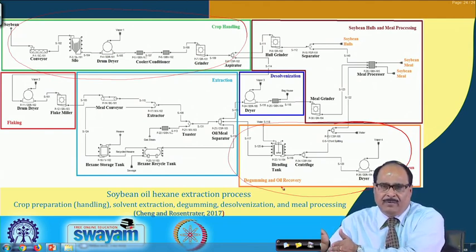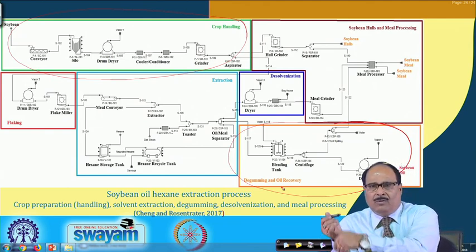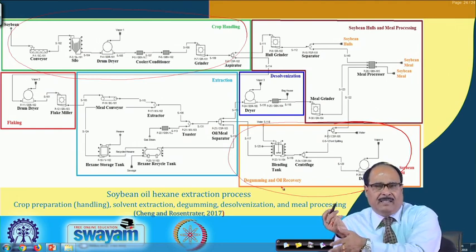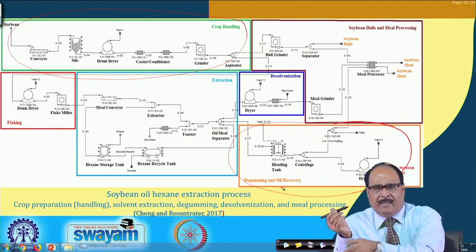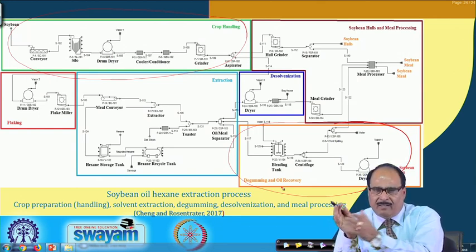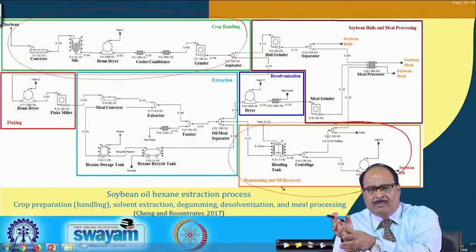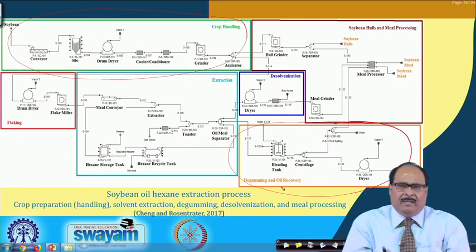through refining, where it is subjected to various other treatments like acid degumming, chemical refining or physical refining, deodorization, bleaching, etc. Finally, any type of impurities which might be present in the oil are completely removed during the refining step, and purely triglyceride is obtained. That is the objective of refining. Of course, details of the refining process and its steps, how it is carried out, we will take up in the next class. I thank you all for your kind hearing.